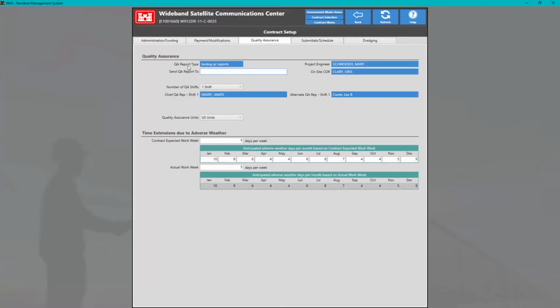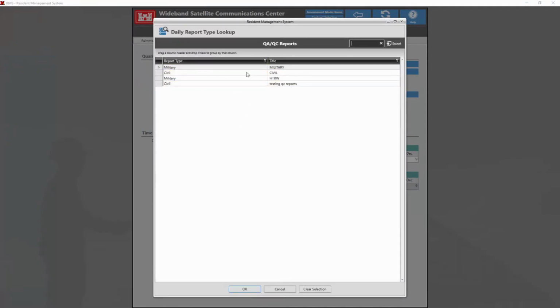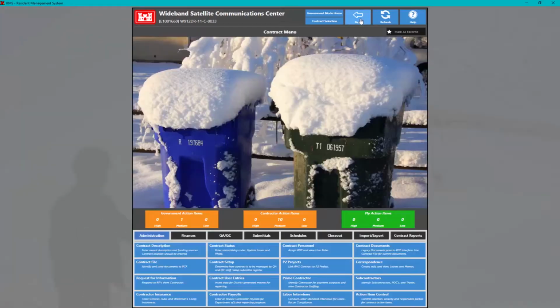Here we see the QA report type. If we click this blue square, we're going to see a lookup of the report types that we saw earlier in the video. And the one that we actually added our QA narrative to was this Civil report type with the title Testing QC Reports. We're going to go ahead and click OK, and then we're going to click back,